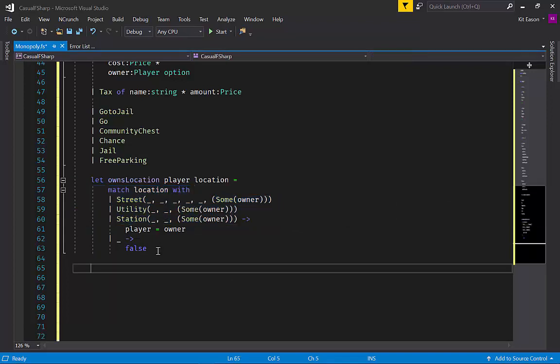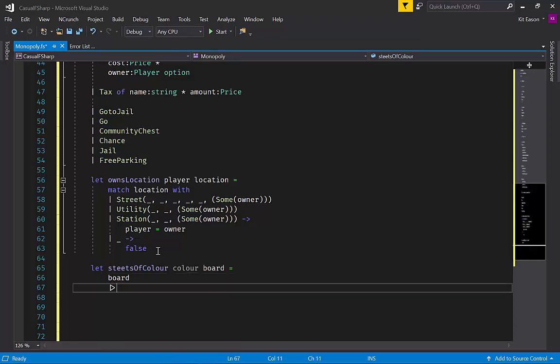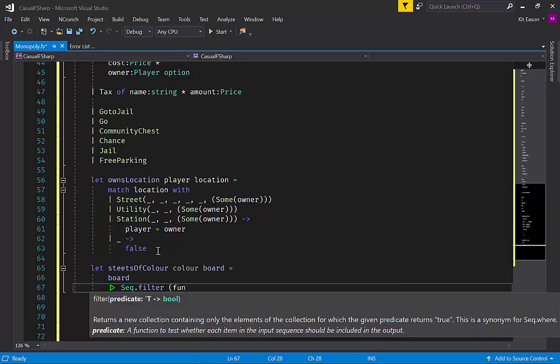Now another thing we're going to need, and you'll have to trust me until we actually use it, is we're going to need a list of all the streets of a particular colour. So we're going to take some board. We haven't even specified what the type of that is, but that's going to be pinned down in just a second when we feed it into Seq.filter, which, if you haven't done filtering, is just kind of like a where clause in a SQL statement. And for a given location, because a board consists of locations,